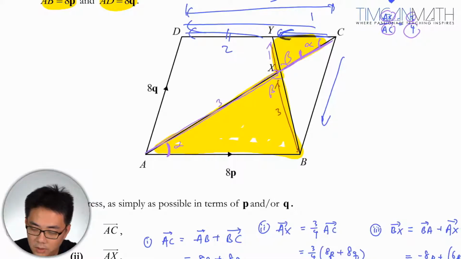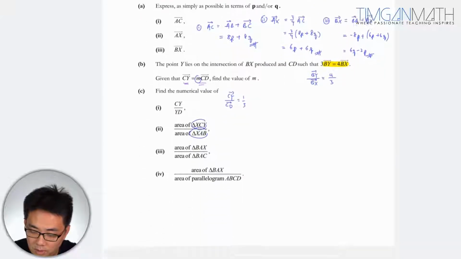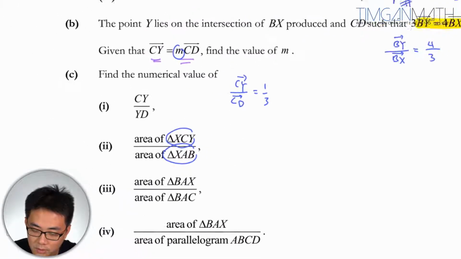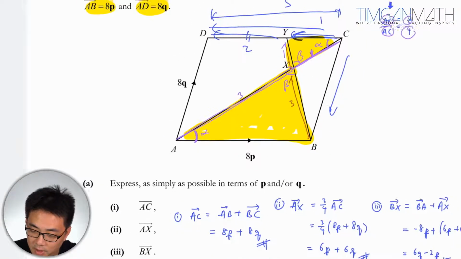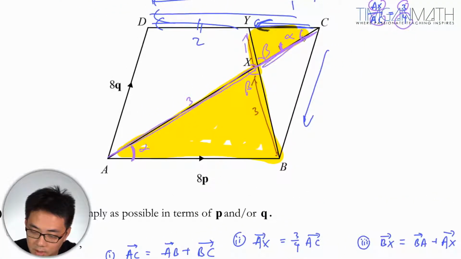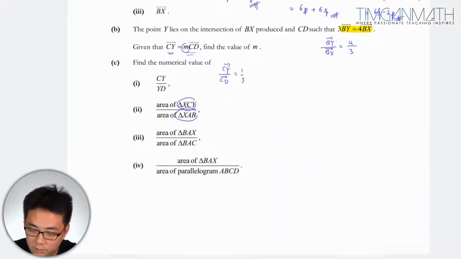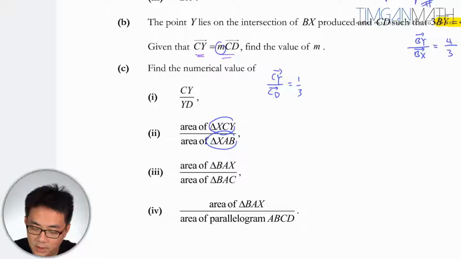Okay, so in other words, the small triangle is 1 unit to the huge triangle, which is... so I'm going to find a corresponding length. Okay, this is 1 unit, this is 3 units, this alpha. So if you look at these two triangles, the opposite of alpha is 1, the opposite of alpha is 3 units here. Okay, so if you want to find the area of XCY to XAB,